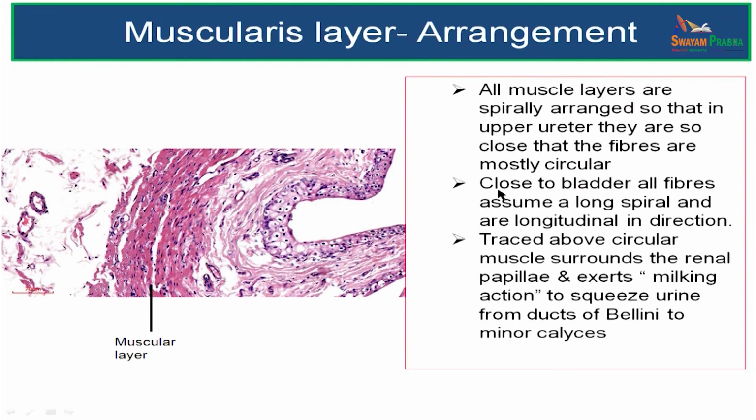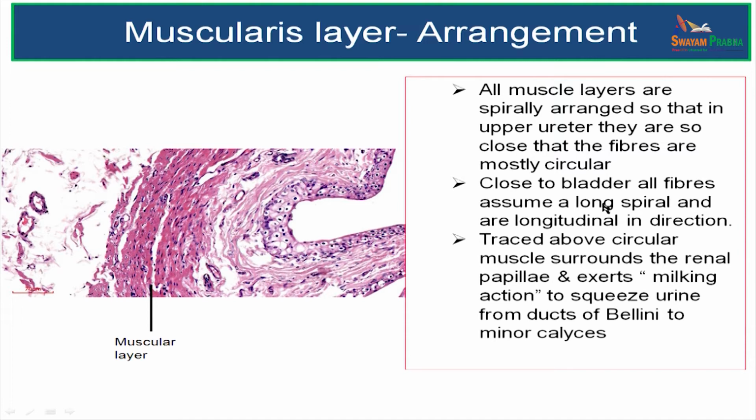So, if you look at all the muscle layers in the wall of the ureter, it is spirally arranged, so that in upper ureter they are so closely arranged that the fibers are mostly circular. Close to the bladder, all the fibers assume a long spiral. They are lengthy spiral and or longitudinal in direction. So, upper ureter it is mostly circular, and lower ureter, because of the long spiral fibers, it is longitudinal in